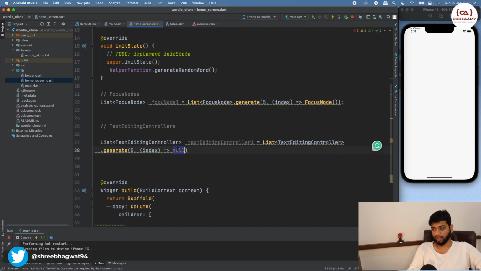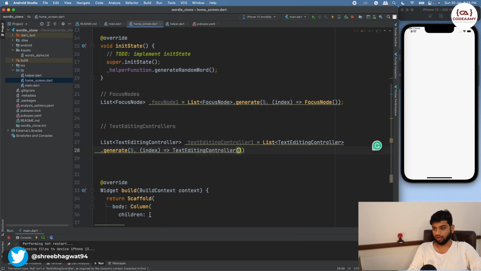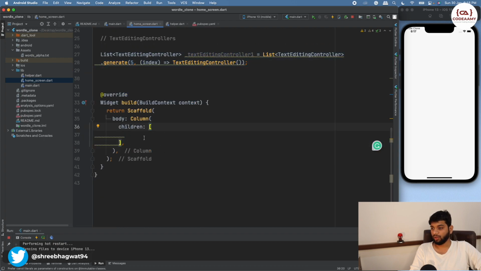So this variable will generate a list of text editing controllers having a length of 5. Each list will consist of 5 text editing controllers that we are going to use in a row. So let us come down over here, and inside our column we will give a text first,